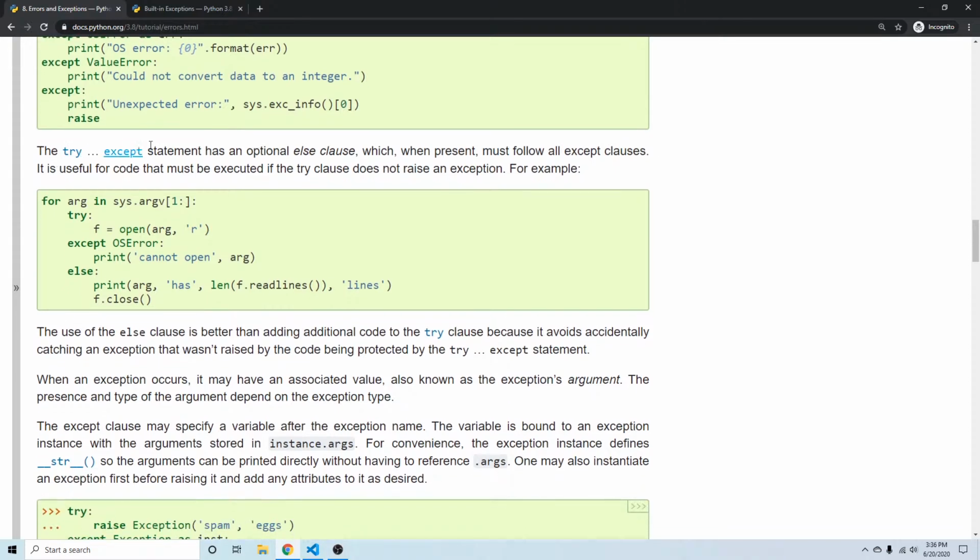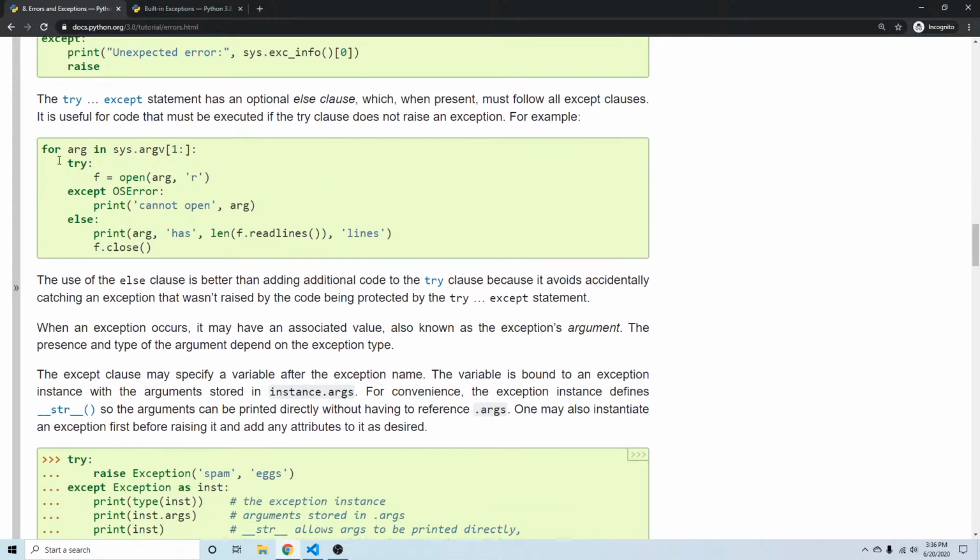All right, the try except statement has an optional else clause which, when present, must follow all except clauses. It is useful for code that must be executed if the try clause does not raise an exception. For example,